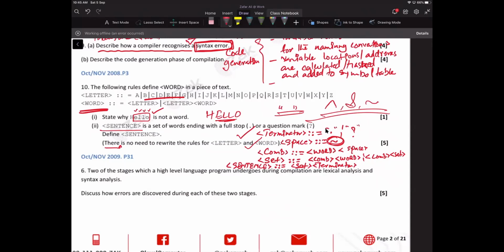And then we have to create a set. Combination and word means that these words will go on. After every combination, there would be a word, because if there is a word, then it can be terminated with a terminator. Or if it is ongoing thing, means word space, word space, word space. In that case, this set will go on. Okay, so combination and set will go on.